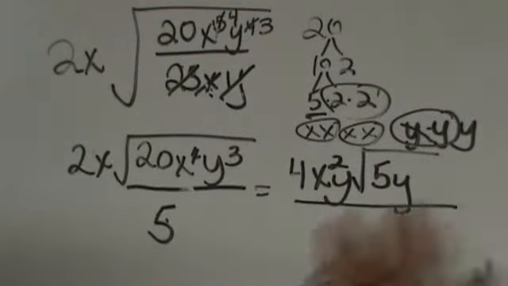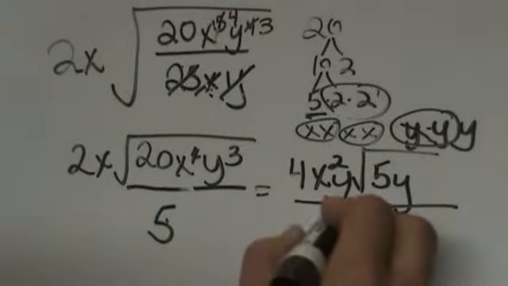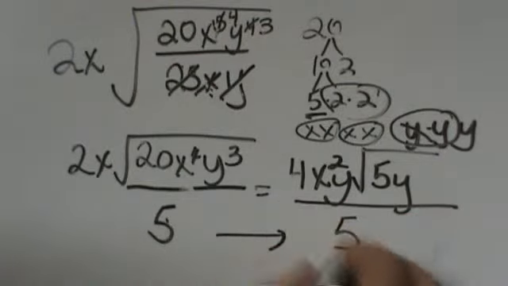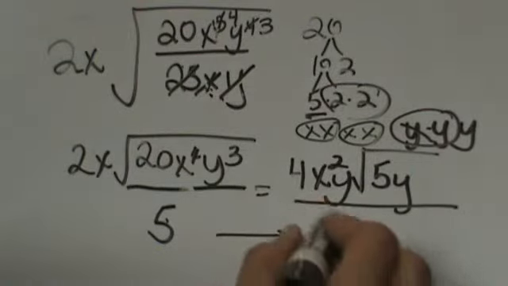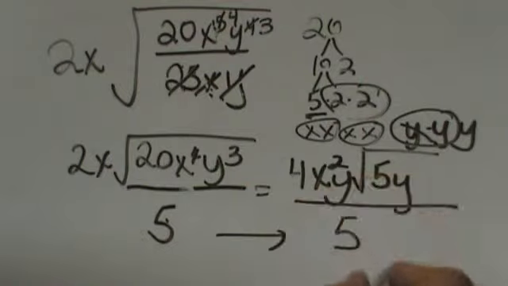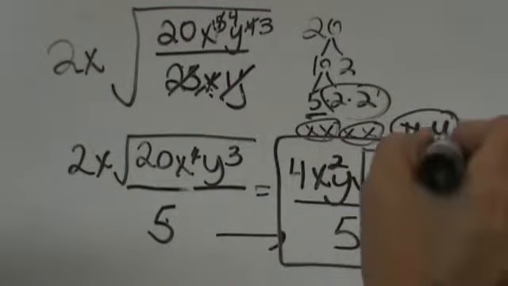So there we go. Okay, all that is in the numerator, and then I have this 5 to bring over in the denominator. Can I simplify my outsides? Nope. So there we go. There's our final